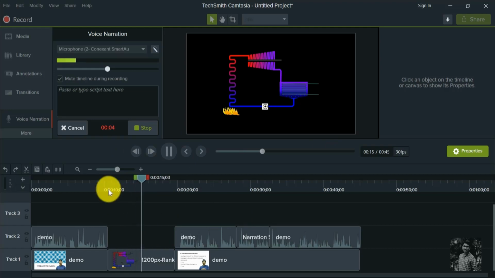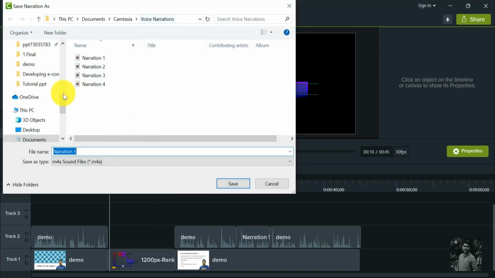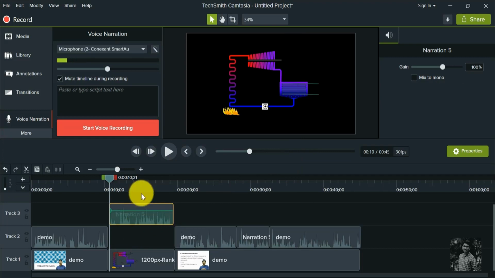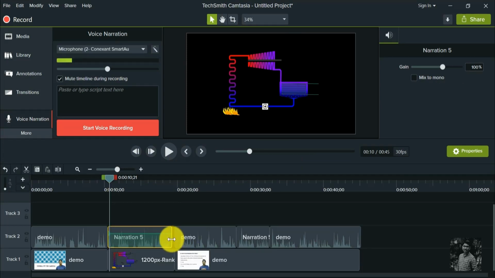Okay, automatically the voice gets recorded, and if it is done, just click on stop. Okay, it will ask to save the file at some location. Click on save, and automatically you'll be getting the voice model, which you can insert at that particular area, and you can adjust the size. Understood? Clear? Done. This is how you need to do the editing part.